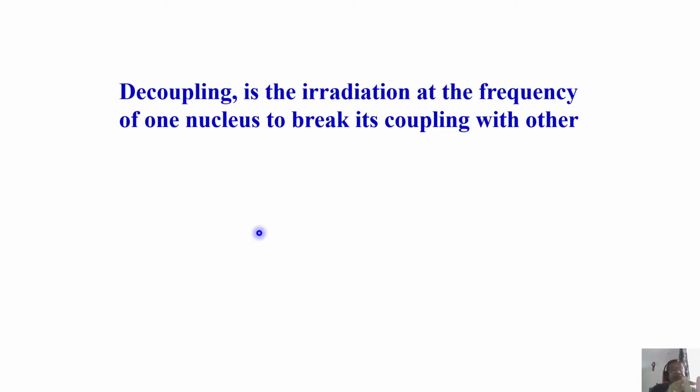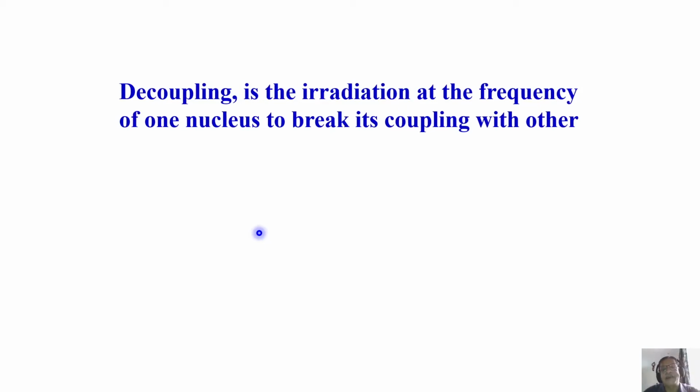And the power should be larger than this coupling constant. Then only we can saturate this spin. As a consequence, the population difference between the energy states of this spin becomes equal. So the coupled spin will not see this spin in either of the spin states. It sees the average spin state. As a consequence, it appears as if this proton is not coupled to this proton at all. This was the general homonuclear decoupling sequence which I discussed.